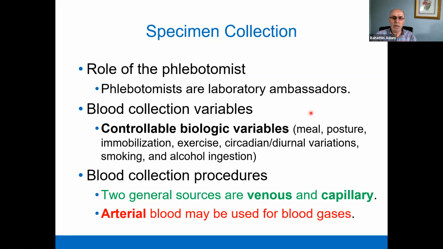Okay? And there are three main sources of blood collection: venous, capillary, and arterial blood. Okay, two general sources are venous and capillary. Maybe the most common source is venous blood collection. Then second is capillary, and third is arterial blood, which may be used for blood gases. Okay, now,